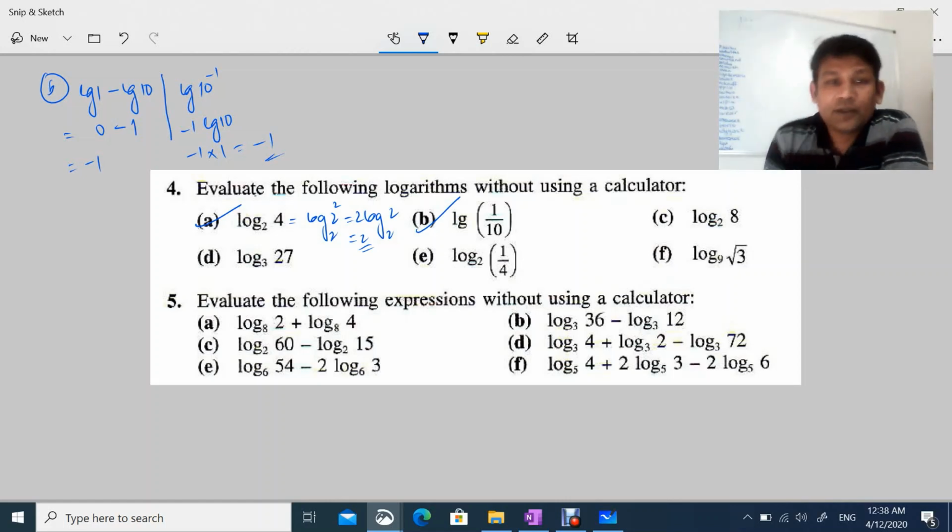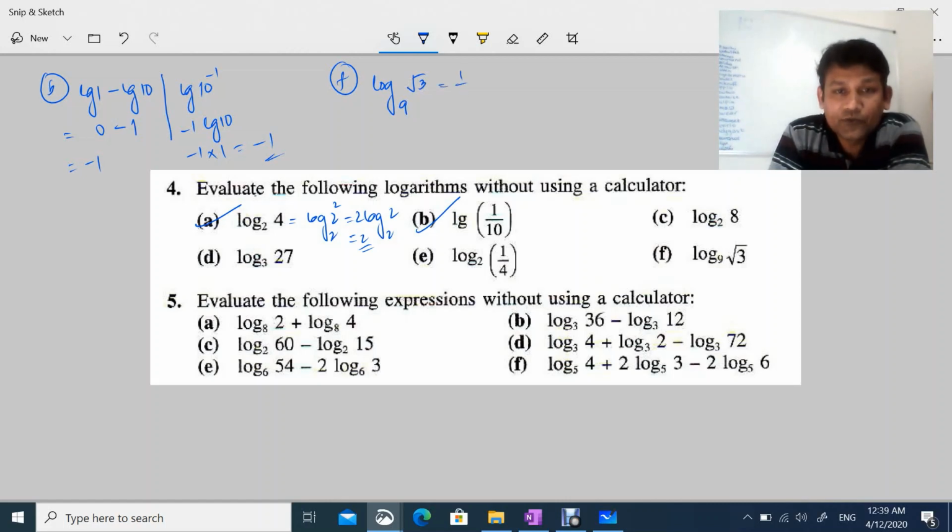But okay, this F part is good. This type of questions I always look: log 9 under root 3. First of all, I can use the change of base law, but without using a calculator. When I make the power 1 upon 2, the root becomes 1 upon 2 log of 9 and 3. Now there is no possibility to move, but